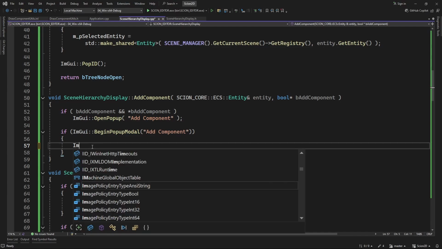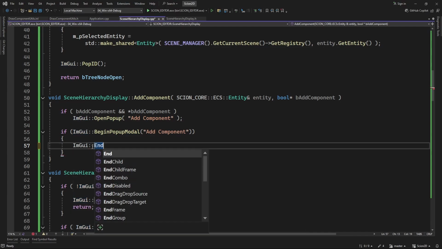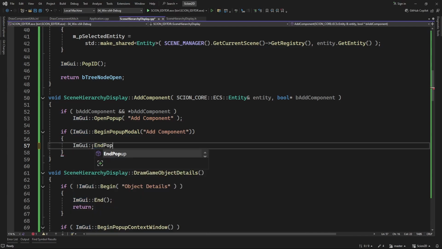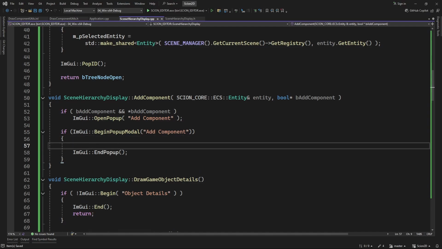Might as well put the end in. ImGui end popup. Cool. So now that we have the popup open, we're going to want to loop through all of the available component types from ENTT meta and add them to a map so we can list them later in a combo box. So let's go auto